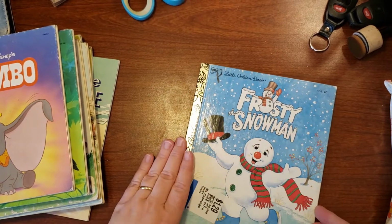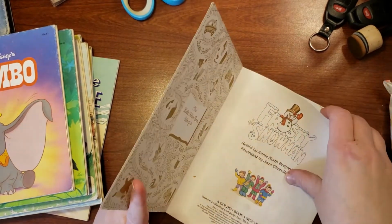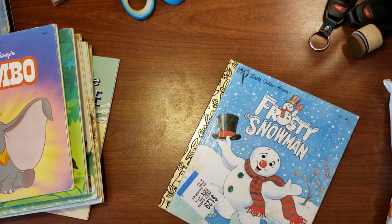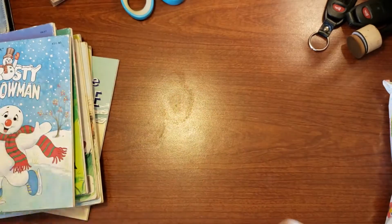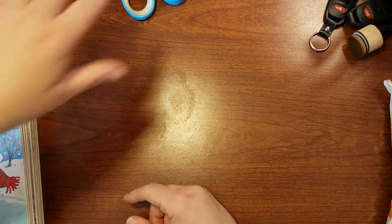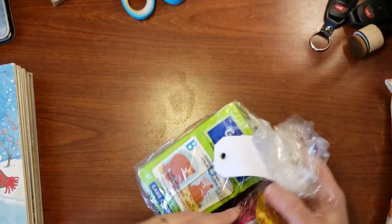And I have one of these. So this one's 1992. And it has the newer pictures in it. So I will either make 2 altered books or use the pictures from that one to make tags for the other one. And then we have these, which